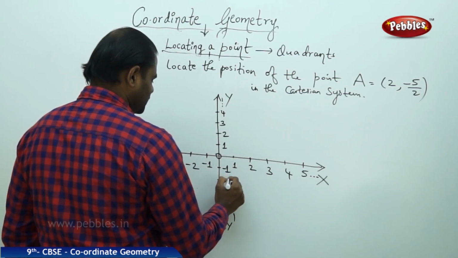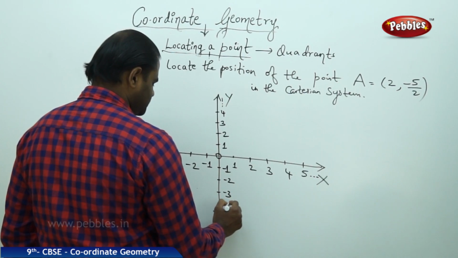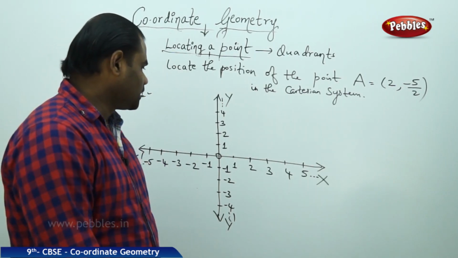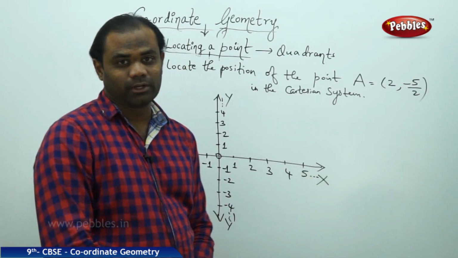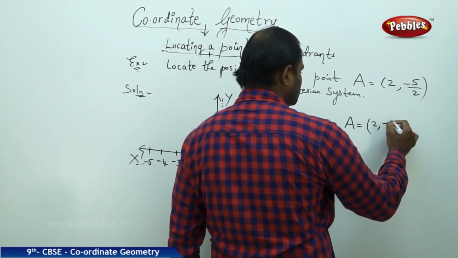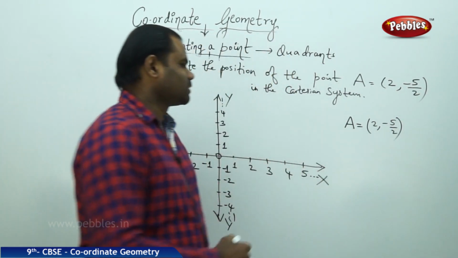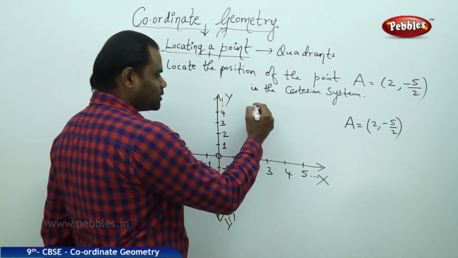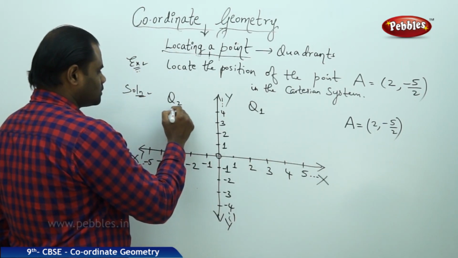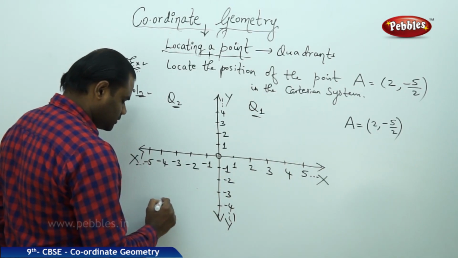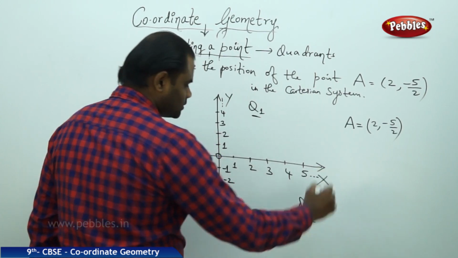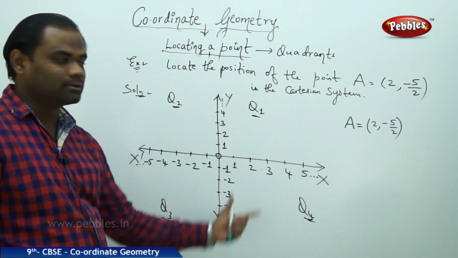I have the negative y values in this manner. Now comes the question on how to locate the point. So let's get back to the point A, which is given to be (2, -5/2). As clearly seen, this region is called quadrant number 1, this region is quadrant number 2, this region is quadrant 3 and this region is quadrant 4, in the anti-clockwise direction, Q1,